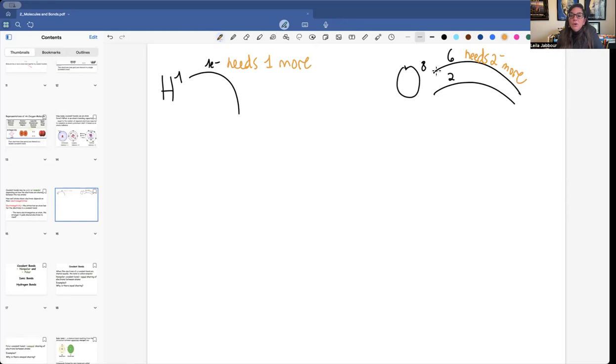So oxygen needs 2 electrons from 2 partners, or 1 partner that's going to give 2 electrons. With hydrogen, there's only 1 electron available, this black one, and it needs an electron. So what's going to happen is that oxygen